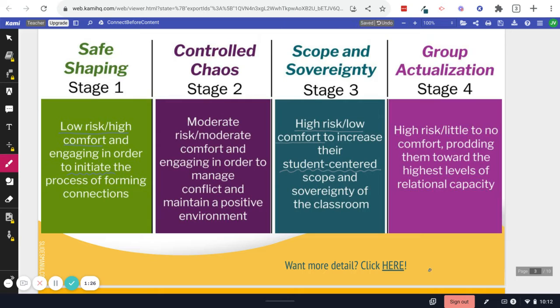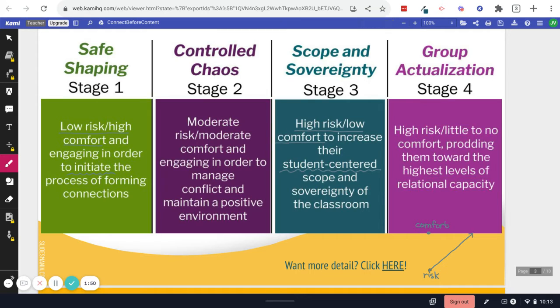So essentially, we've got our risk, it's starting low, and our goal is to be able to increase the risk. Now, it's not going to be linear. Nothing ever feels linear quite like that. While doing that, we've got the comfort. We start off with high comfort, right? We want people to feel comfortable. New semester, new classes, sometimes we've got that little bit of anxiety built up about how it's going to go.